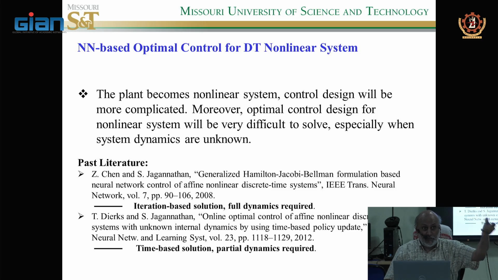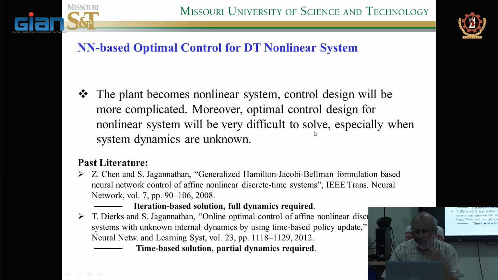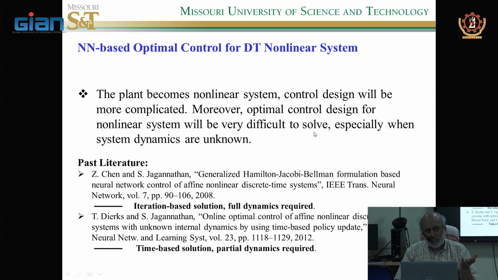Neural networks, because you want to approximate those nonlinearities. And then we use actor critic or one of those neural networks. So don't forget that. When the plant becomes nonlinear, control design will become more complicated. Got it? Moreover, optimal control design will be very difficult to solve because of the HJB equation,